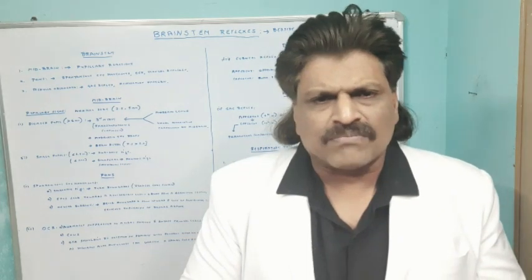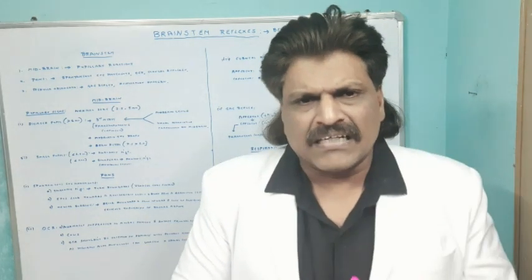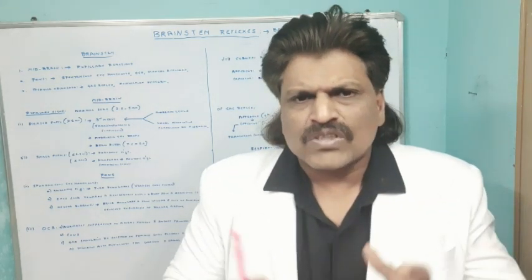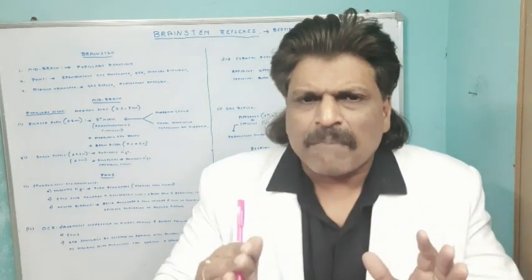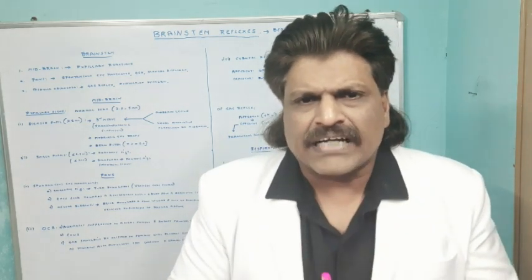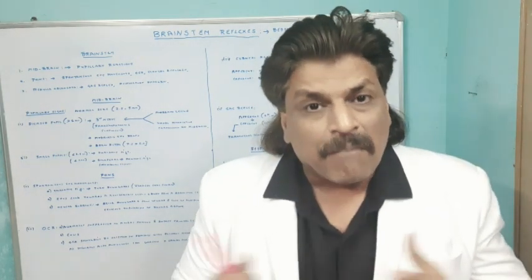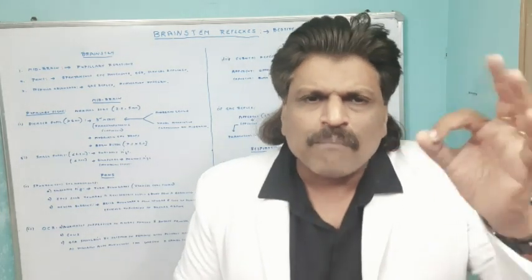Here the question comes. The pupillary dilatation is done by sympathetic. The pupillary constriction is done by parasympathetic. So, after death, both the sympathetic and parasympathetic should get affected, and therefore the pupil should be in the mid-size. But then, what we see clinically is that after death, the pupil is dilated.